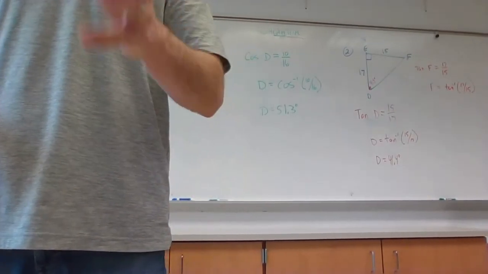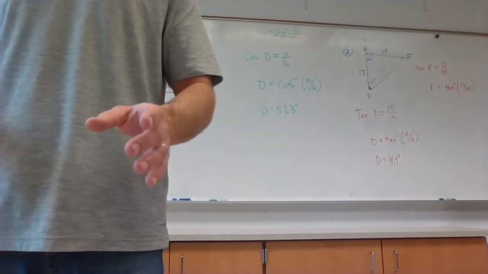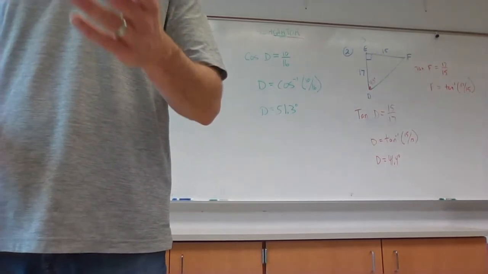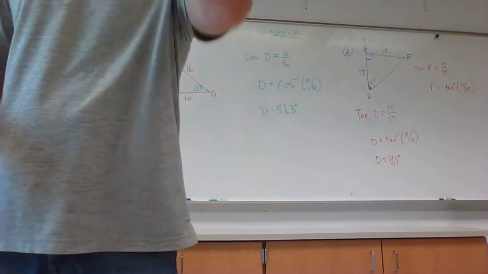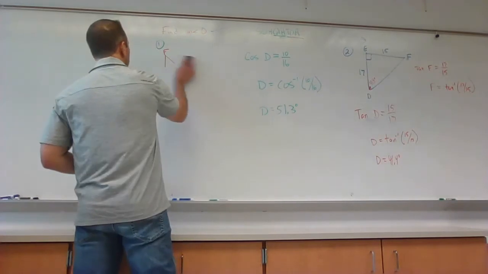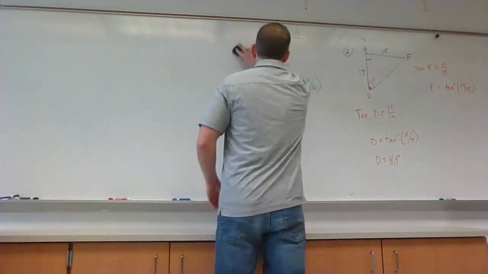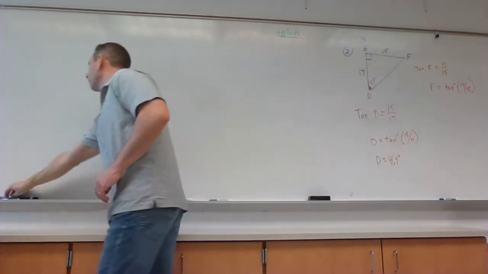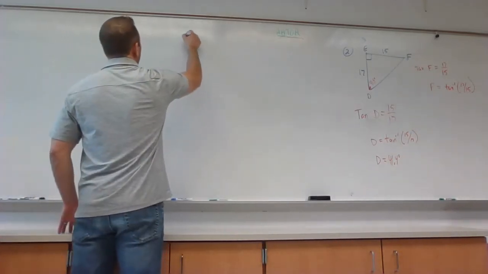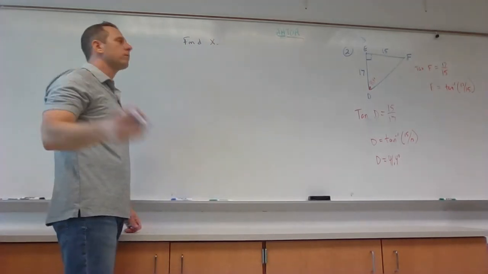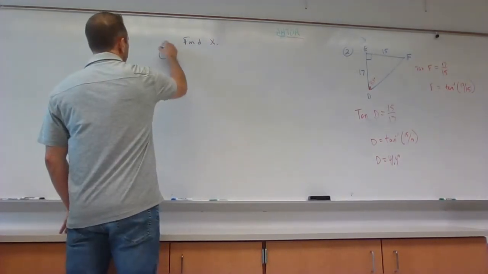Okay, so we just used this to find missing angles. We could also use it to find missing sides. Okay, and Sophia, I'll help you with that calculator in a second. I want to set up a problem first. So now we just found some angles. Oh, stop erasing that. Sorry. Okay. Now we're going to find X, the missing side. So on problem number 3,